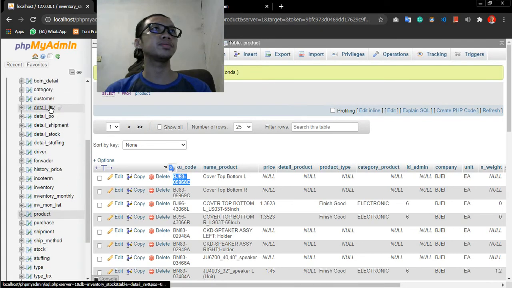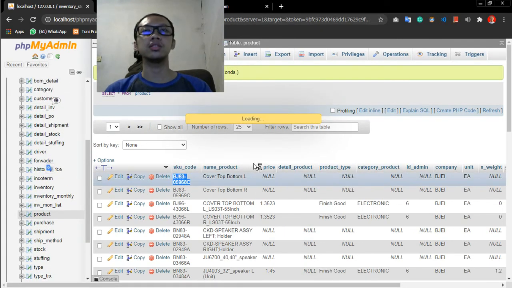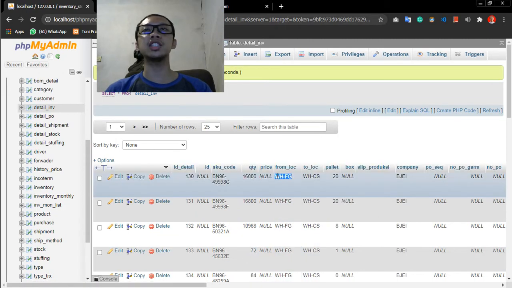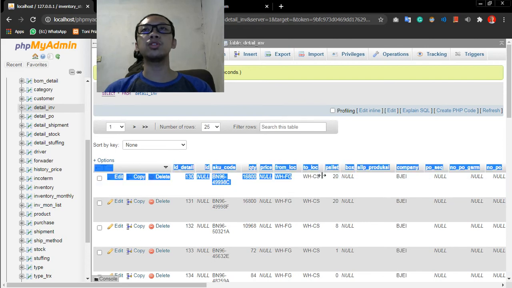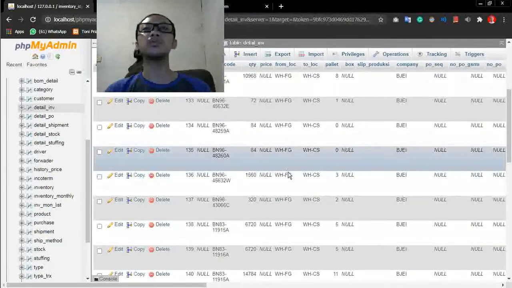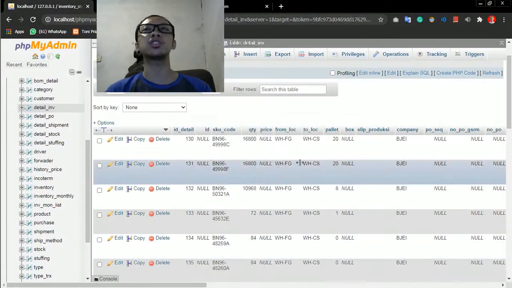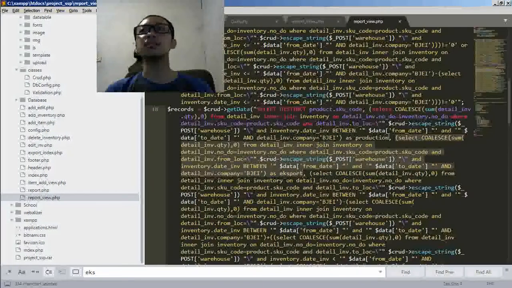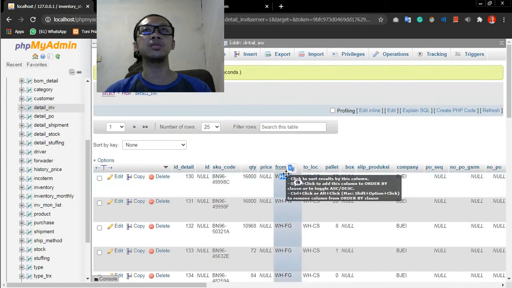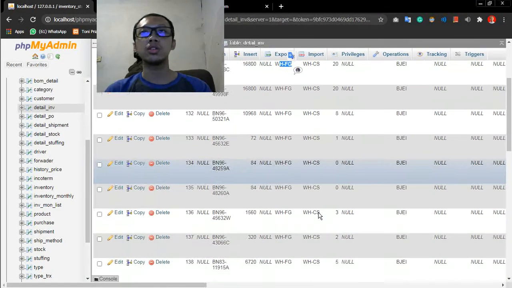If from log is VHFG, only from log VHFG will show, but for in it will be to log. I use to log VHFG will show to log. Where is to log? This is to log. Okay, I am only showing here